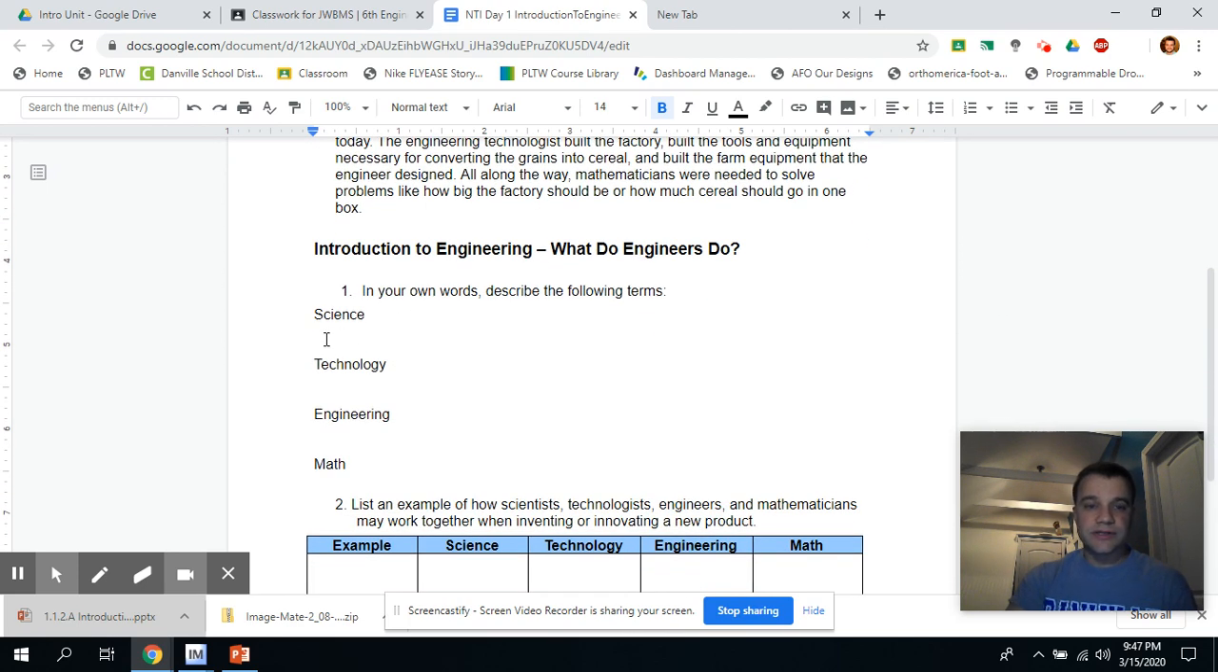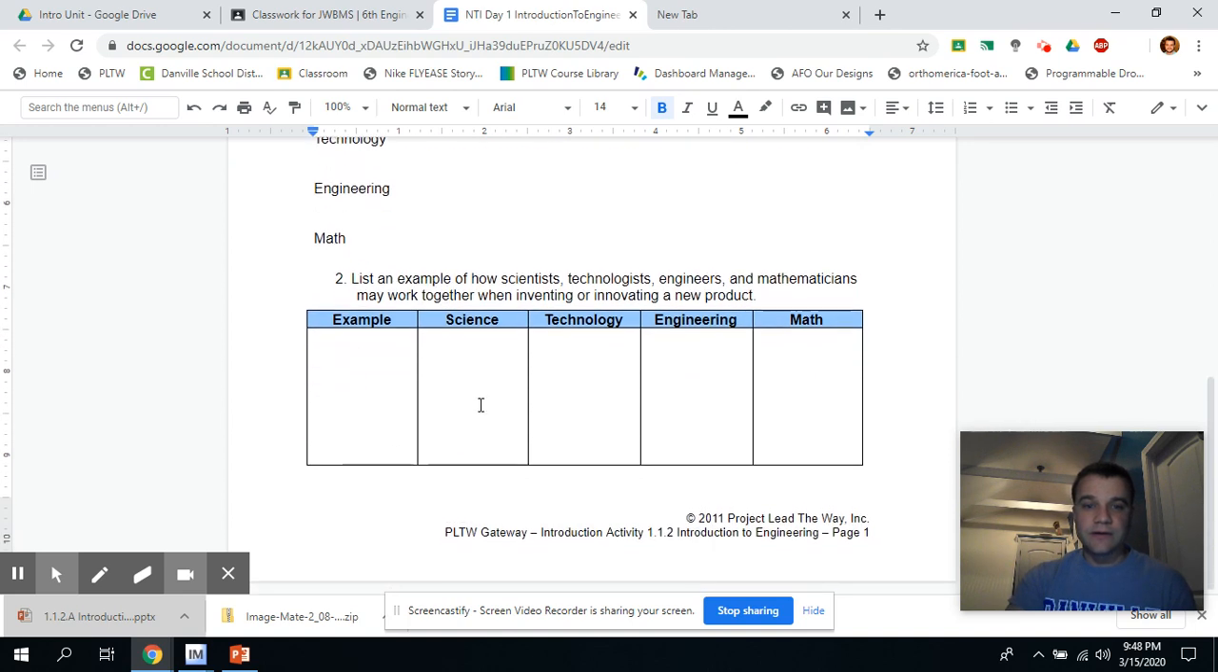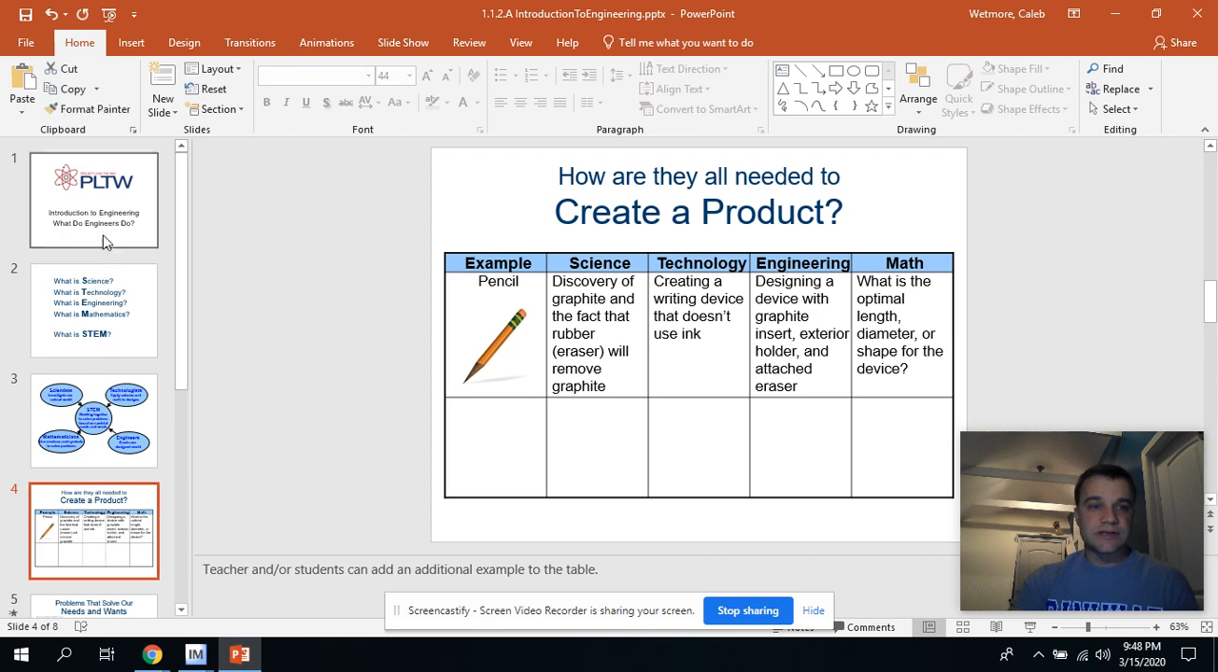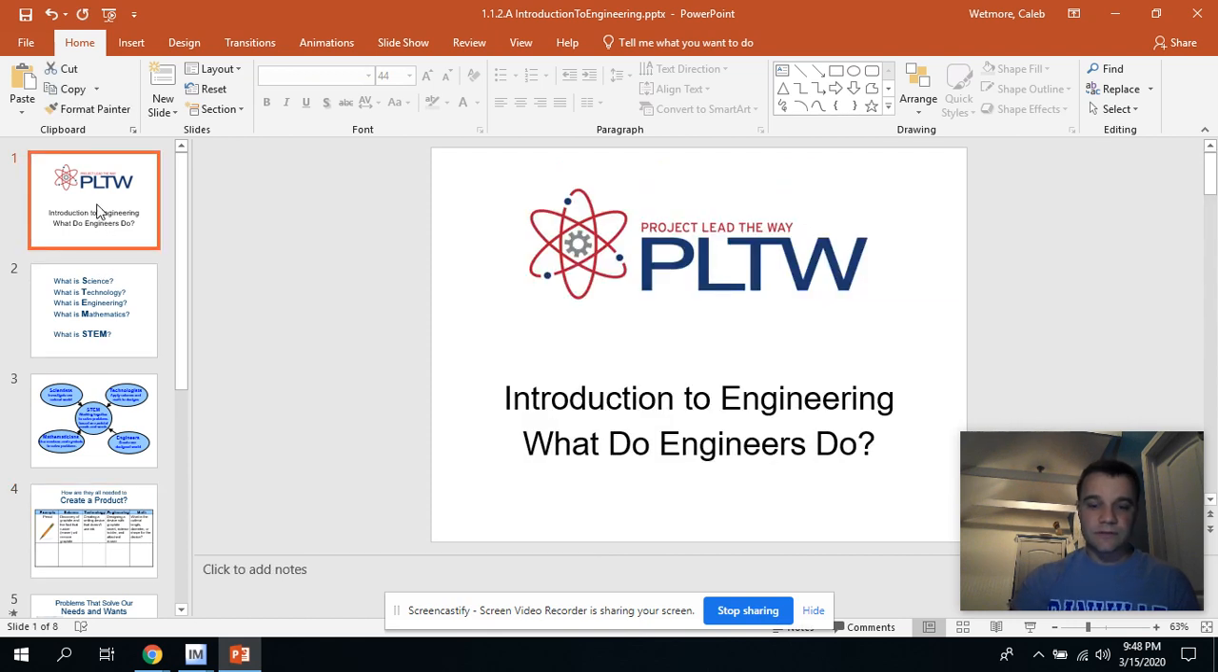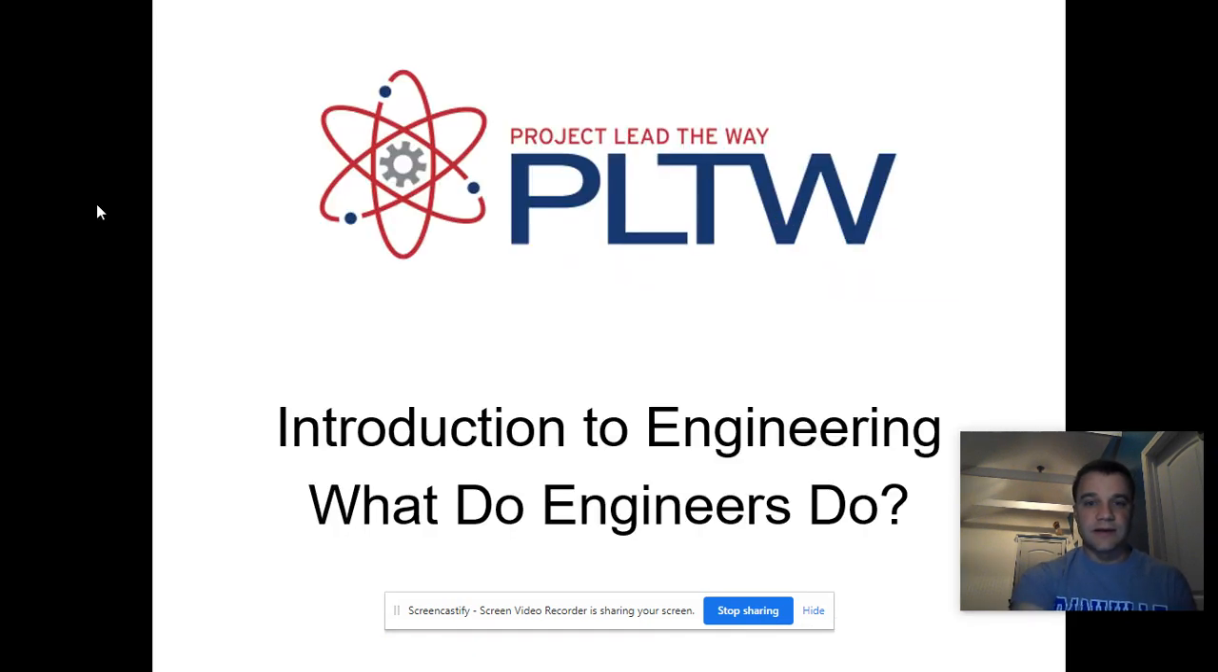I want you to write a definition in your own words for science, for technology, for engineering, and for math, and that's the STEM field. Now down here, you're also going to provide an example of how they work together. To help you with that, we're going to go over to this presentation, and I'm just going to talk through this with you to give you an idea of how engineering, math, science, and technology work together. So we're going to review this introduction